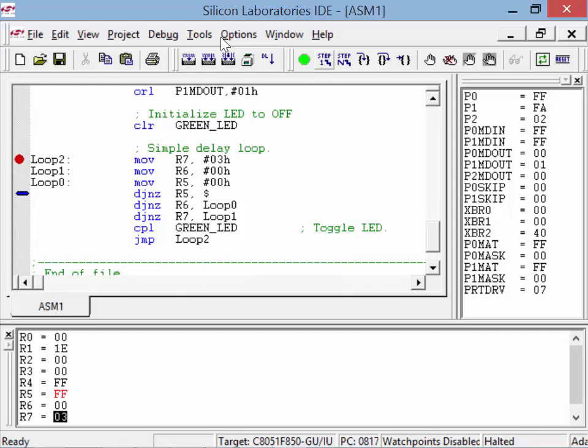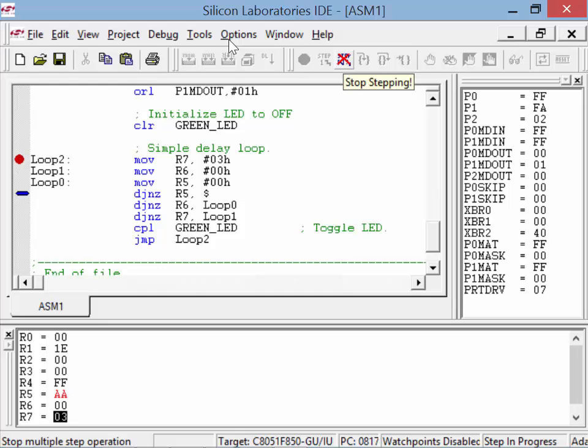Now when I jump that, notice that R5 contains FF, right there. And each time I hit this button, it goes down by 1, and I'll have to hit that button 256 times before it goes to the next command. It's going to stay in that instruction every time I hit this button, right there. Now I'm going to not do that. I'm going to do this step next,